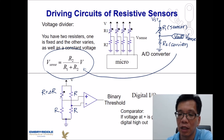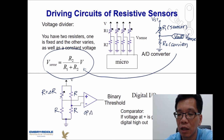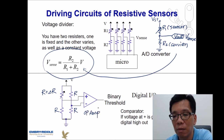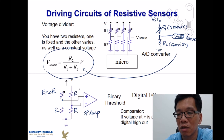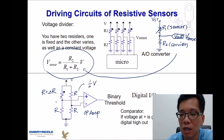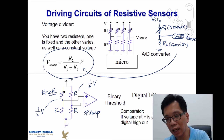The output over here, because the signal is pretty tiny, even with a Wheatstone bridge, we should be able to detect the difference or the resistance change of the sensor, but it can be a good idea that we just adopt an operational amplifier to amplify the output between the two ends. Obviously, this side is going to be 1/2 V, and this side over here is going to be a little bit low. It's close to 1/2 V, but because the delta R over here has been changed,